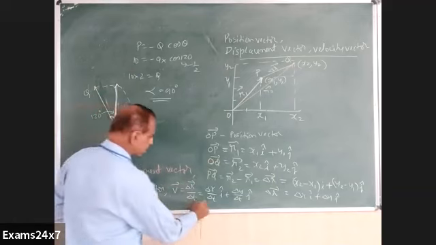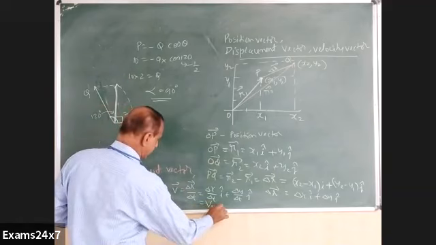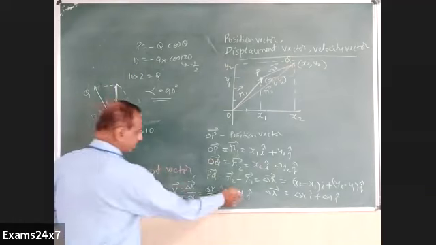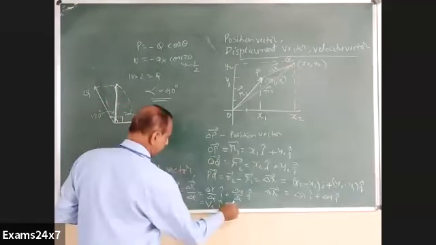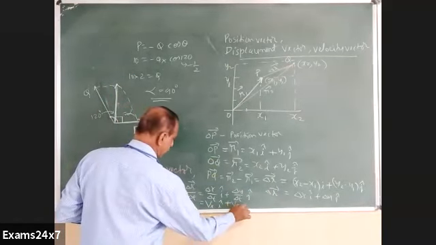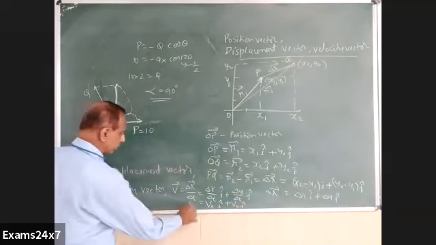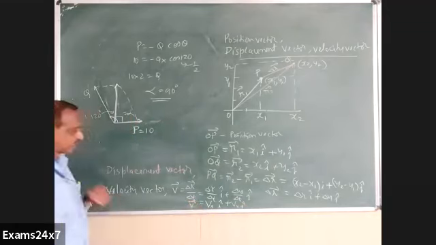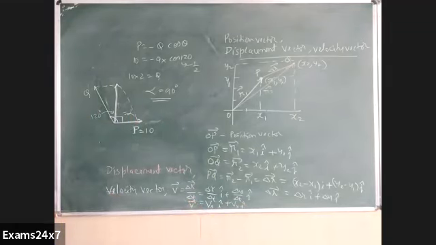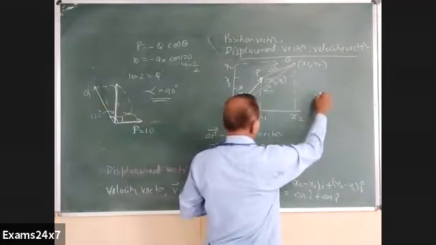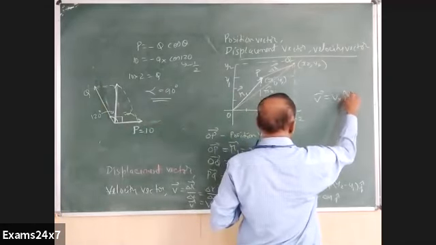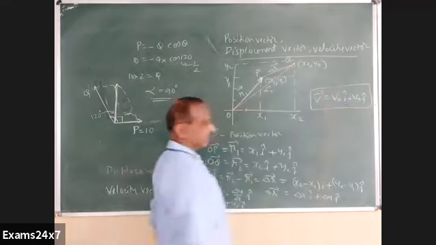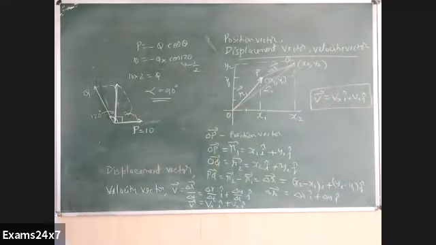So I'll write here Vx i. Vx indicates component of velocity along x-axis, plus for delta y by delta t I'll write Vy along j direction. So this is the final velocity equation: V arrow mark as Vx i plus Vy j. Velocity V has become now Vx i plus Vy j. That is exactly a velocity equation.